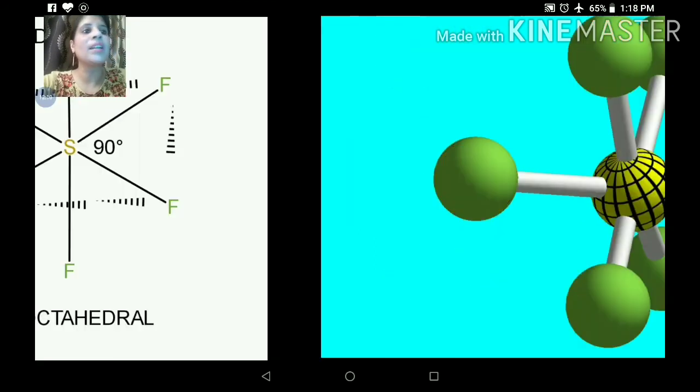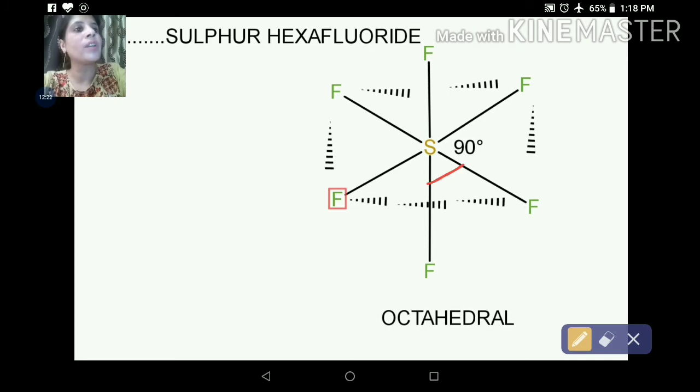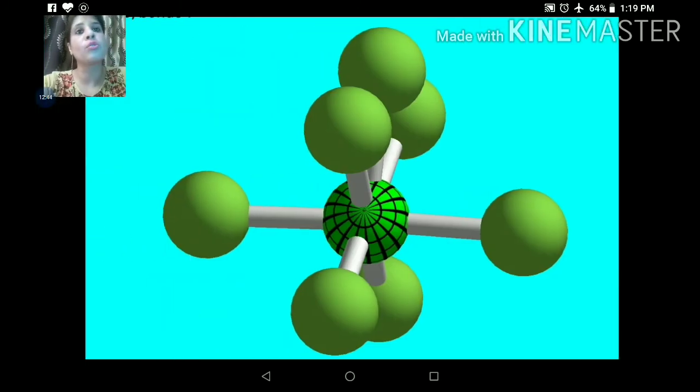Let's see one example of this, that is SF6, sulfur hexafluoride. The sulfur hexafluoride arrangement is shown. Whatever angle you take, all the angles here are the same, that is 90, and this geometry is known as octahedral. We draw octahedral geometry as shown, with sulfur central and 6 F arranged on a piece of paper as shown in the picture, and the name of the geometry is octahedral. So AB6 type geometry is also known as octahedral.